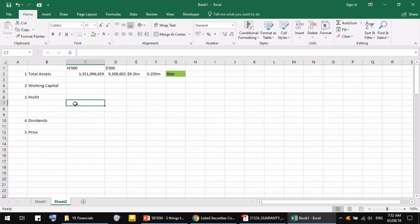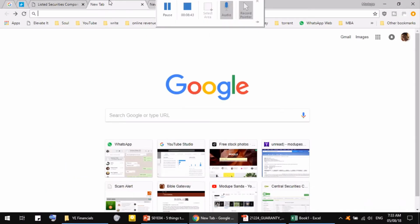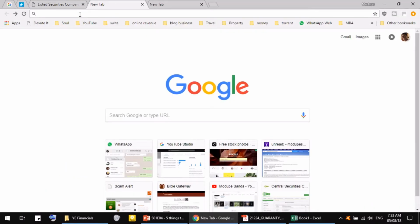So let's look at working capital. Now another way to refer to working capital is your net current assets. Now it's different from your net assets because you're only looking at current assets. That's assets that fall due within a year. I try not to go technical, but usually I would go to a website,